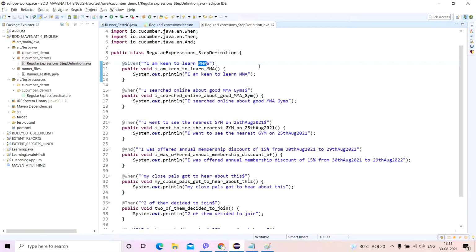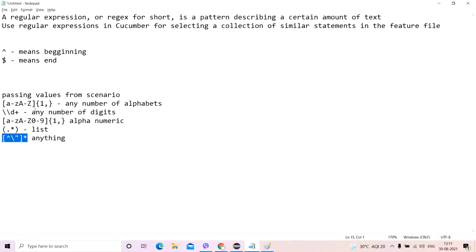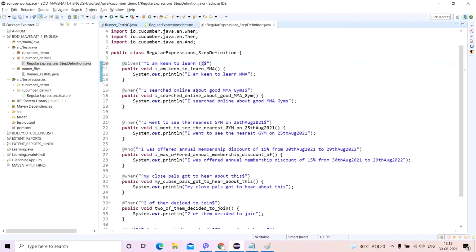Now I'll choose exactly the place where it is selected. I'll select it and write the expression for any number of alphabets. That was MMA, so it is purely alphabet. Copy this and put it inside this. Okay, now you are done.